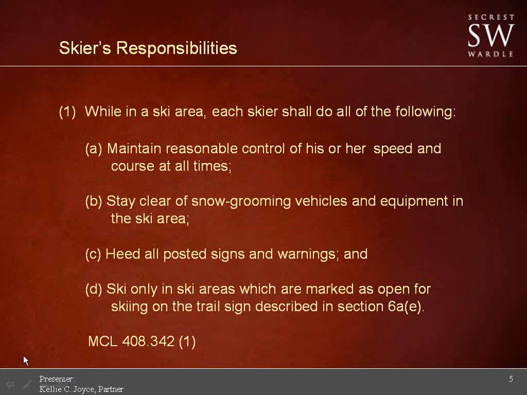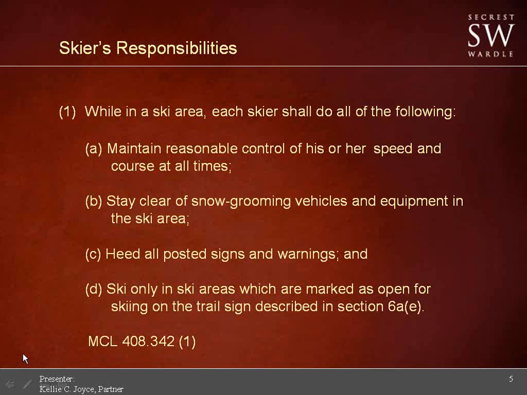Now there are some skiers' responsibilities that are enumerated in the Act. I'd like to go over some of those with you. Specifically, these are set out in MCL 408.342, Section 1. And the skier's responsibilities enumerated under the Act include maintaining reasonable control of his or her speed and course at all times, staying clear of snow grooming vehicles and equipment in the ski area, heeding all posted signs and warnings, and last, they can only ski in ski areas which are marked as open for skiing on the trail sign